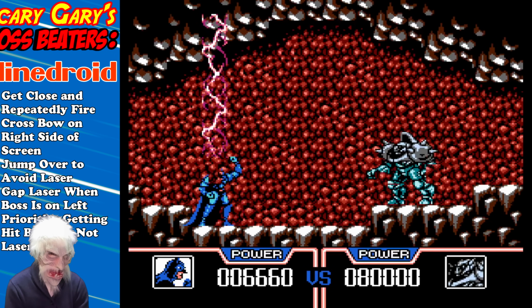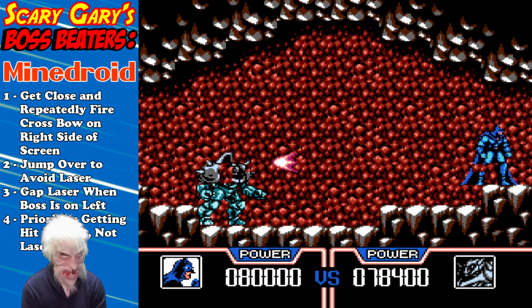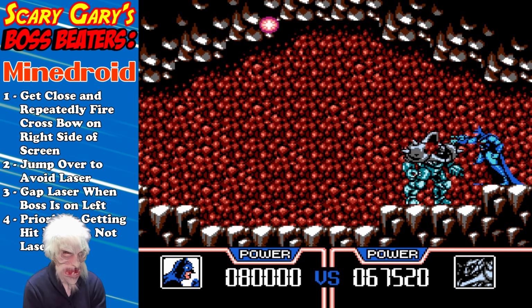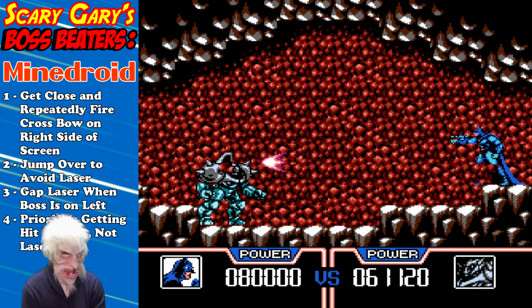Alright, the second boss here in Batman Return of the Joker. Once again, you want to get on the right side of the screen because you'll find that you can fire a lot faster on the right side of the screen for some reason, probably because this game is made so very well. If you're going to get hit by the boss, make sure he hits you rather than his laser